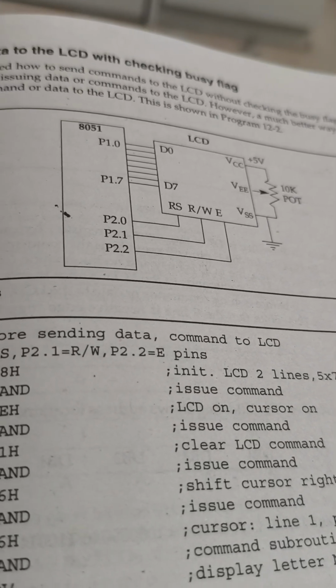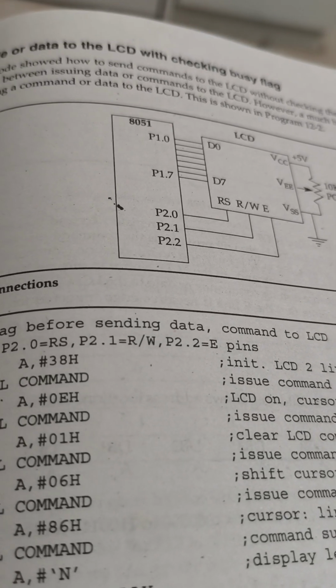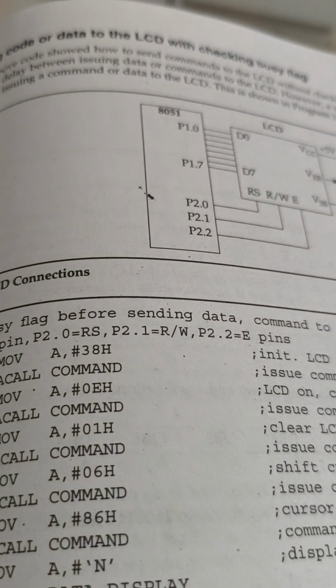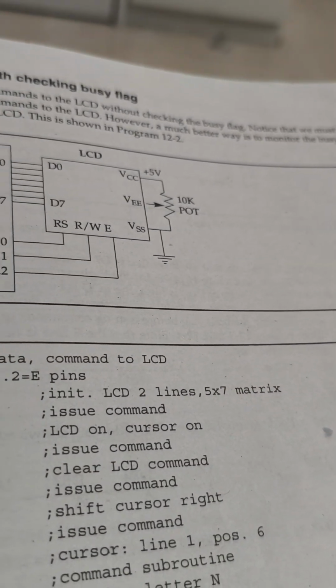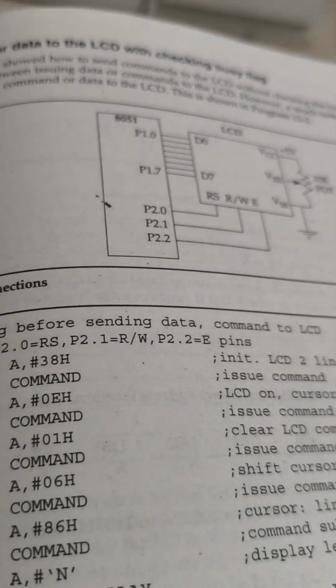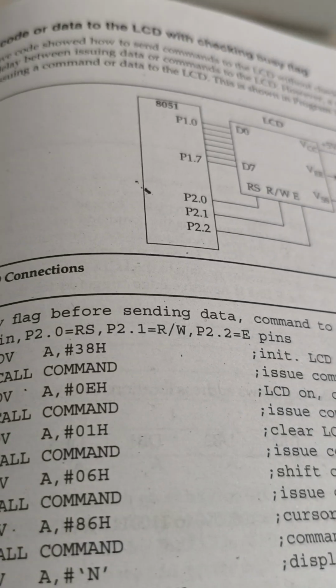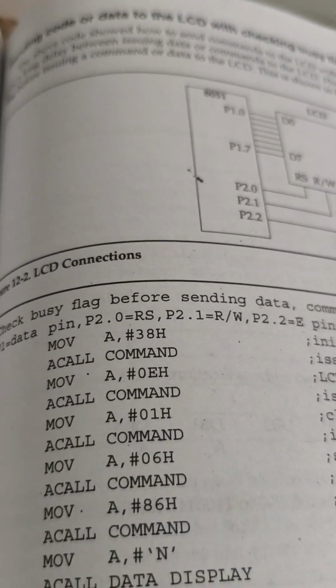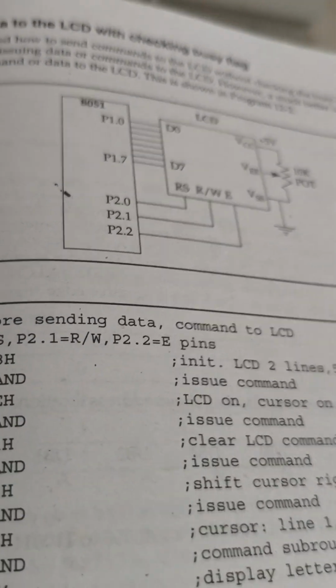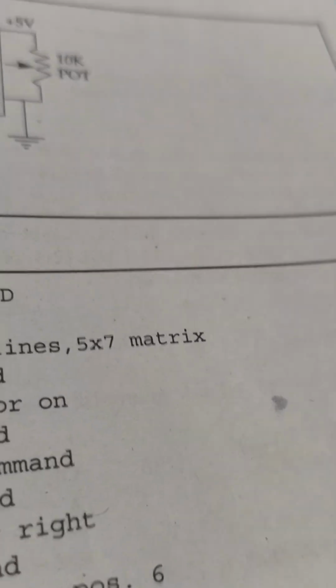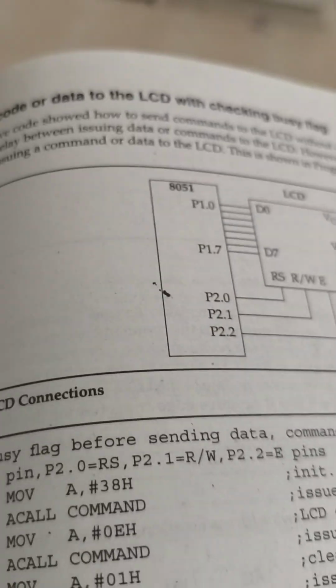For 7 you give ground, for 14 you give VCC. So many AND gates were there. I think 7800 is used for AND gates. Some I forgot, but those are ICs, integrated chips. Here also 8051